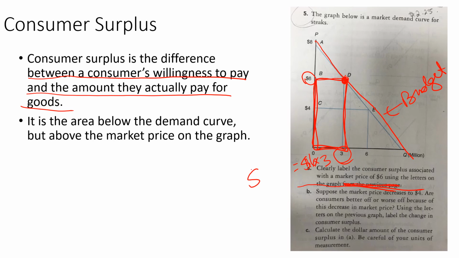So what we paid was $18. What we were willing to pay, well, at $8, we were willing to buy 0. But we would have bought, if we divide this into 3 sections here, we would have bought 1